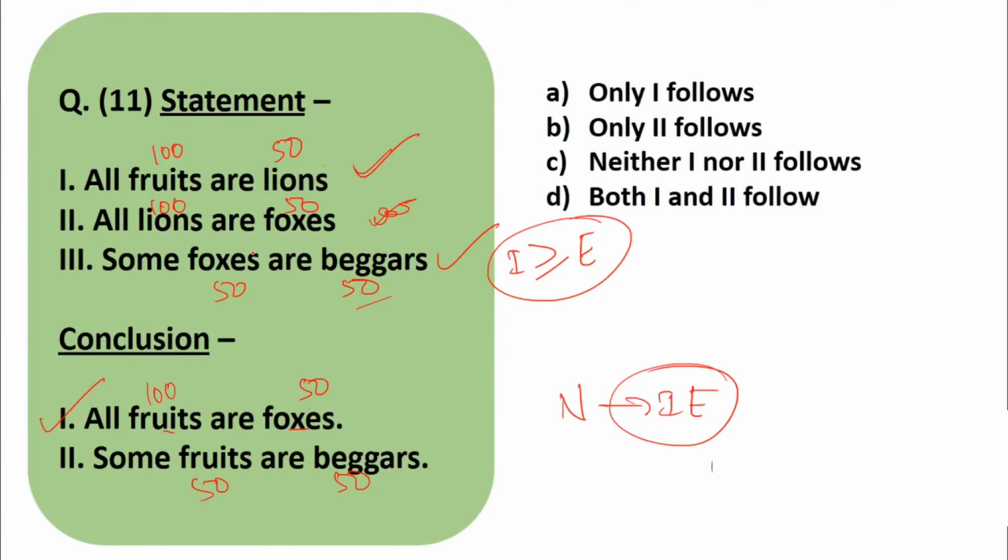Very easy. You have to use the same technique which we used till now for two sentences. First take this sentence and start comparing. What is common between these two? Lion and lion. Is one lion 100? Yes, one lion is 100. Good, we can move ahead. Now take this sentence and the third sentence. What is common? Foxes, foxes. Is one fox 100? No, both the foxes are 50-50. So this is wrong, we cannot go ahead. It is an invalid conclusion. The answer is only one follows.